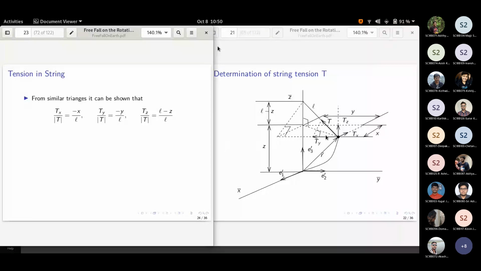let us look at the Tx minus T. I think what we have written is for the Ty, I have drawn the triangle. Maybe we will look at this one. That is better. So you have two similar triangles here.